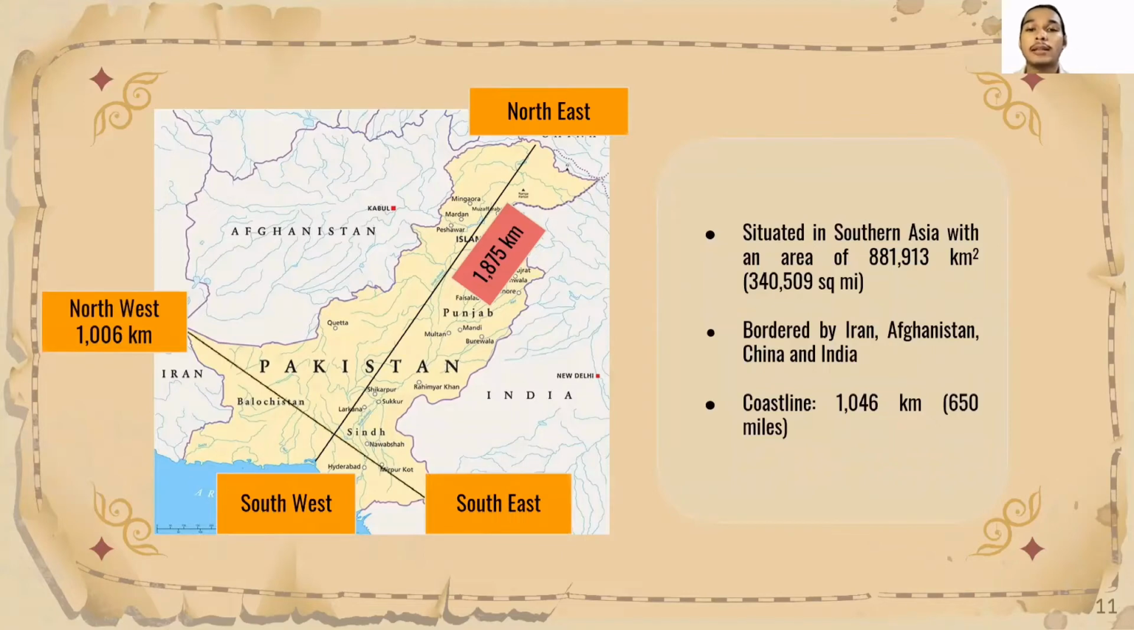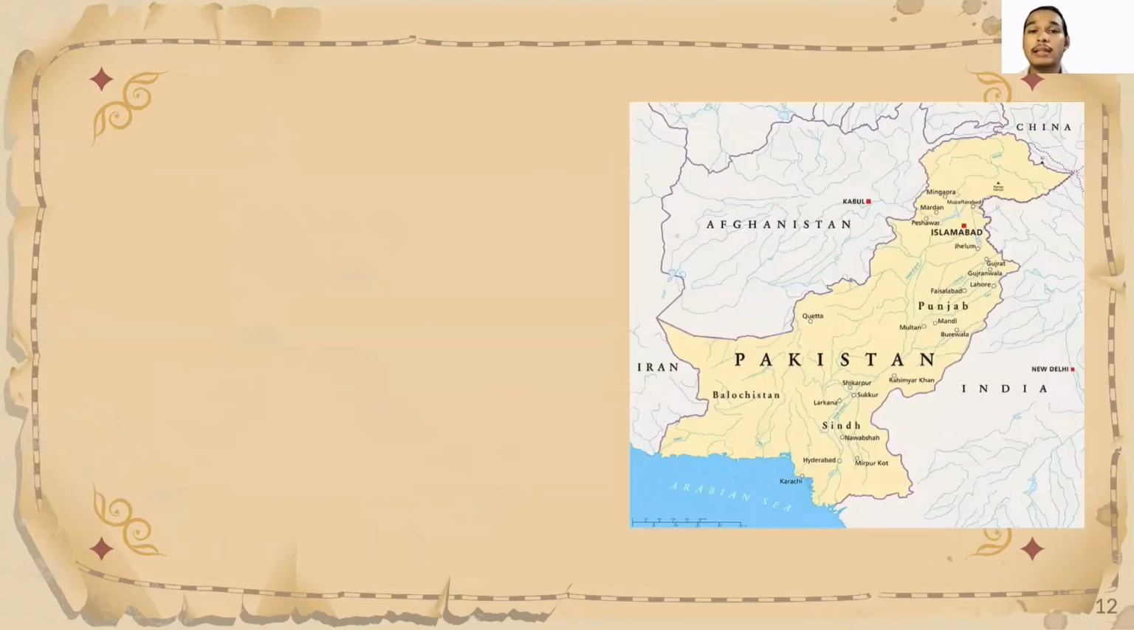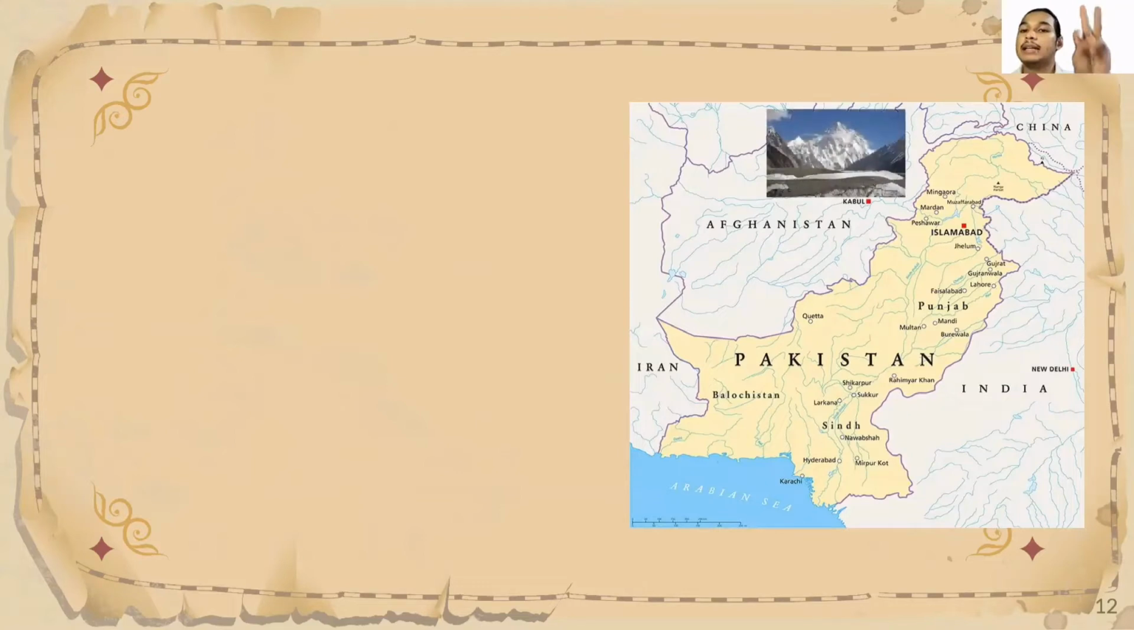Pakistan is also bordered by 4 countries, which are Iran, Afghanistan, China, and India. It has a 1,046 kilometer coastline, of which 246 kilometers fall in the Sindh province and 800 kilometers in Balochistan. Pakistan is also divided into 3 major geographic areas, which are the Northern Highlands, the Indus River Plain, and